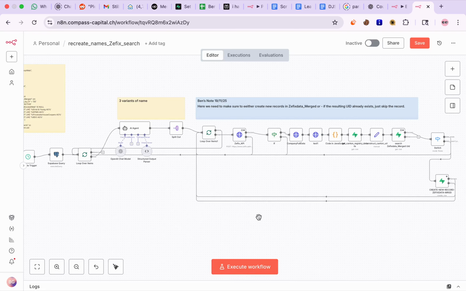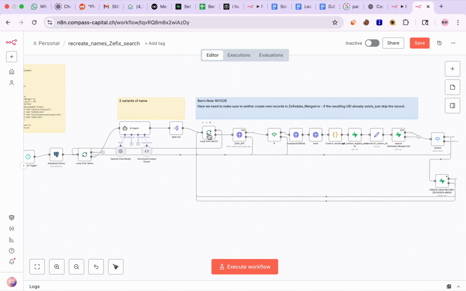Okay, so in today's video, I'm going to talk about the advantage of using parallel processing in n8n. As you can see in this flow, I'm doing a Supabase query, and then I will get 246 cases and all of them will be sequentially processed by this API. I will create three variants of a company name here through the OpenAI node, and then the loop will